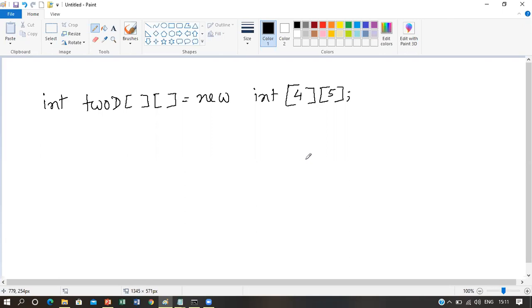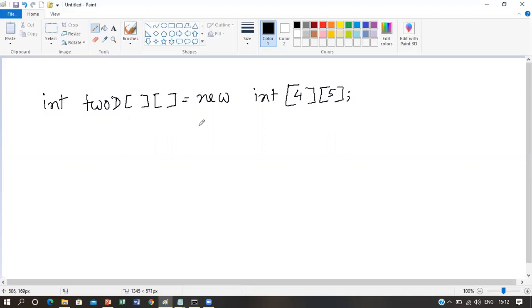Here, in order to declare a two-dimensional array, we have to take 2 dimensions. As we know, in case of a matrix, we use 2 dimensions. So two-dimensional arrays are also known as matrices, where we use 2 dimensions. One is row, another one is column. So in order to declare a two-dimensional array, we have to take a pair of square brackets for the row and a pair of square brackets for the column. This statement will actually allocate memory.